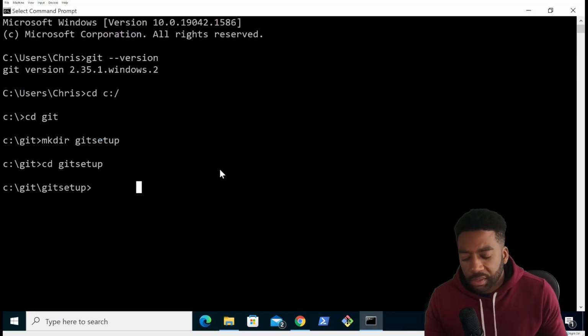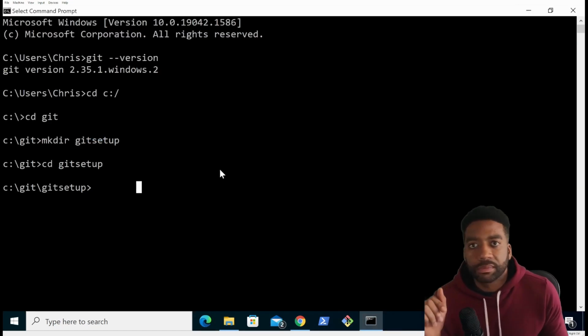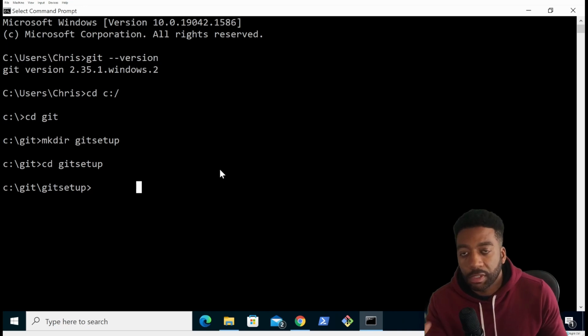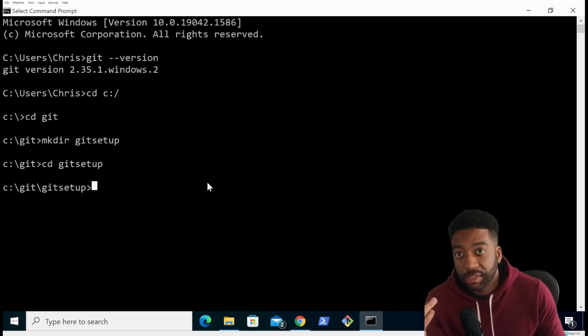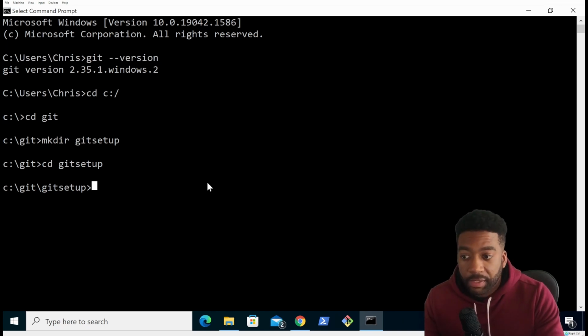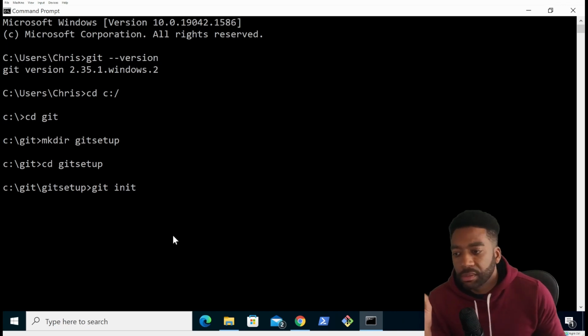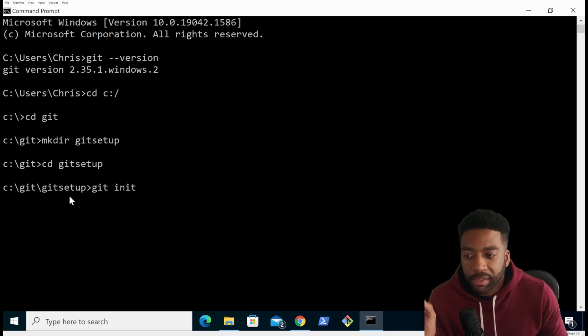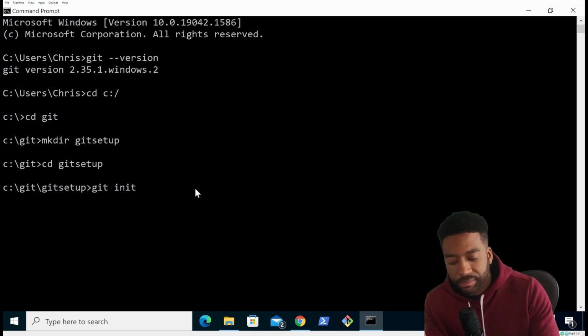So to get Git working in that directory I just made, we have to run a command that initializes that directory. That command is called git init. So you want to make sure you're in the directory you made, and you run this command, git init. Hit enter,